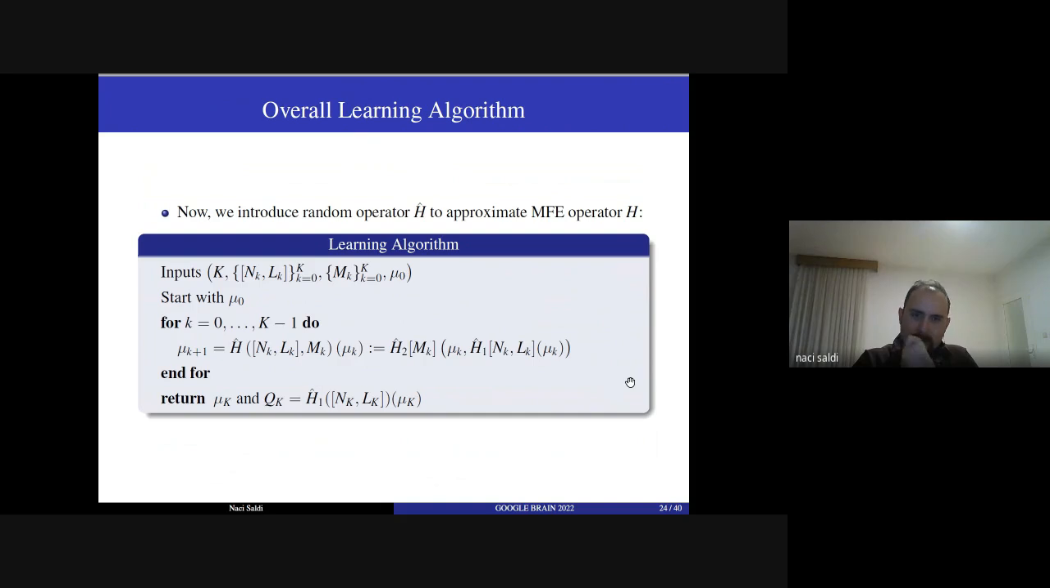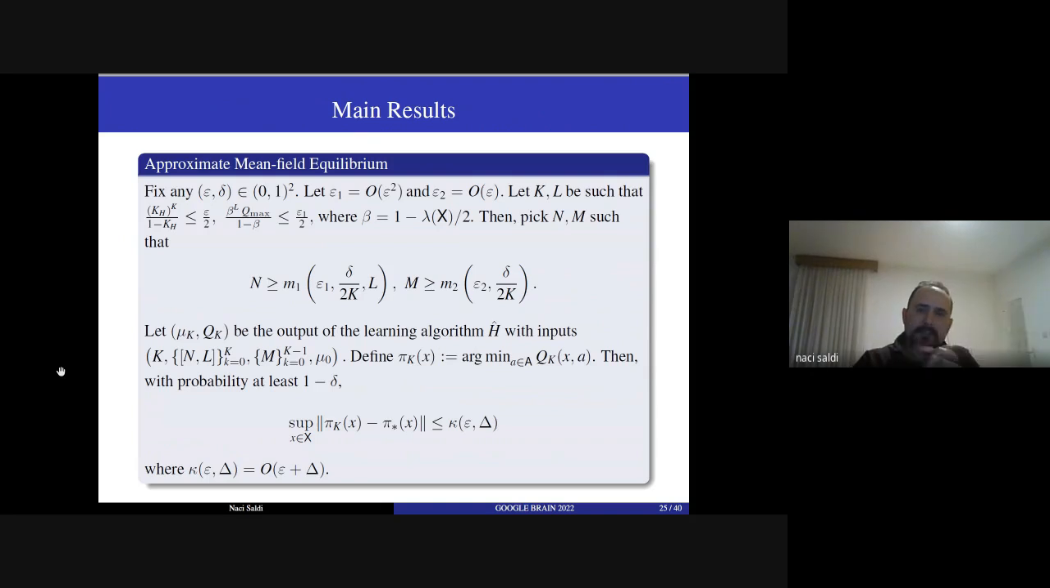And we do this k times, and at the output we obtain some mean field term mu k, and then using this mu k and using H1 hat, we generate our approximate Q function for mu k. And using the error analysis for H1 hat and H2 hat, we can obtain the following result. It basically says the following: if you pick the parameters in H1 hat and H2 hat large enough, then